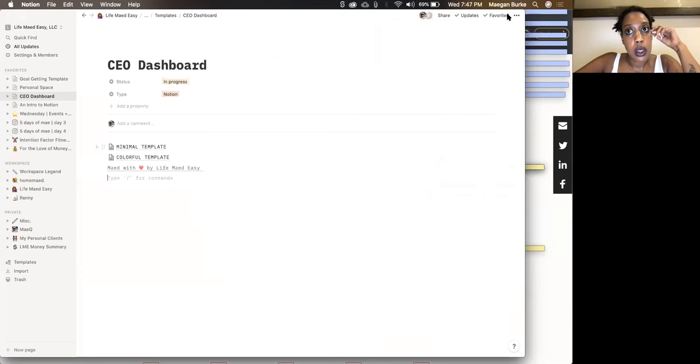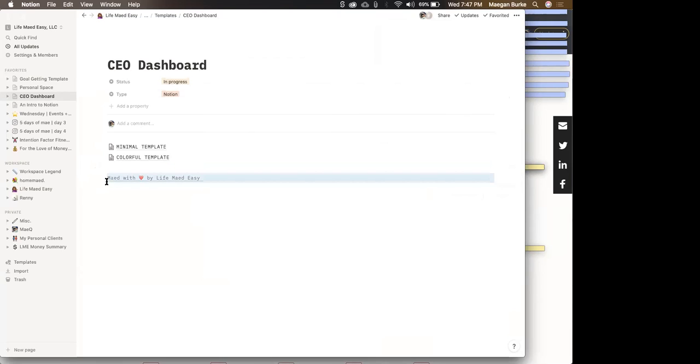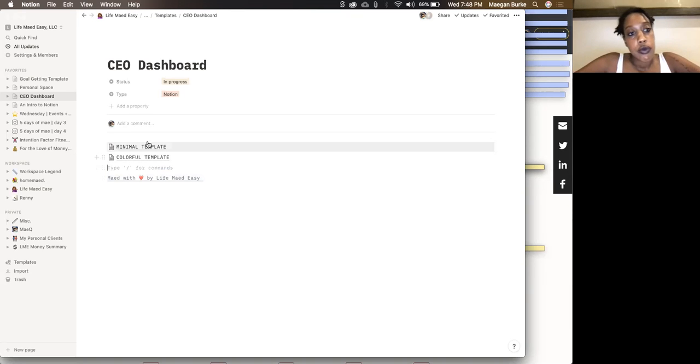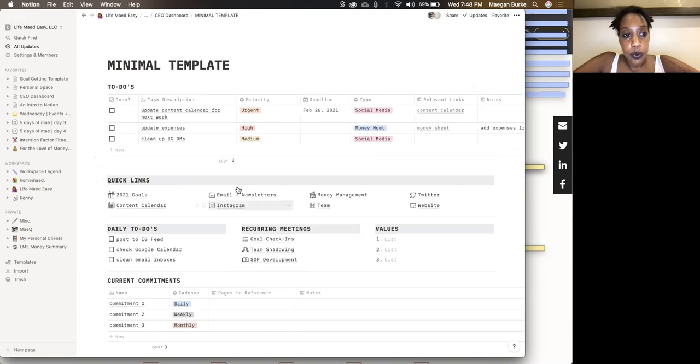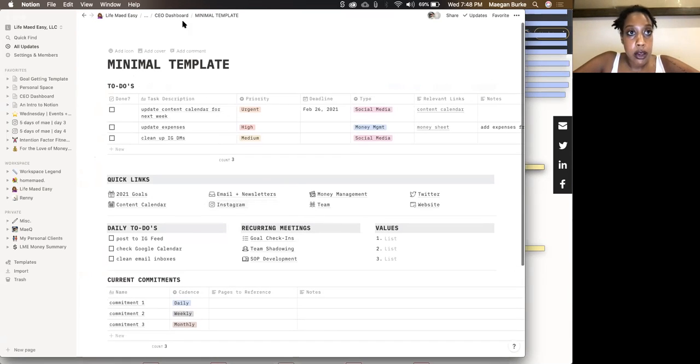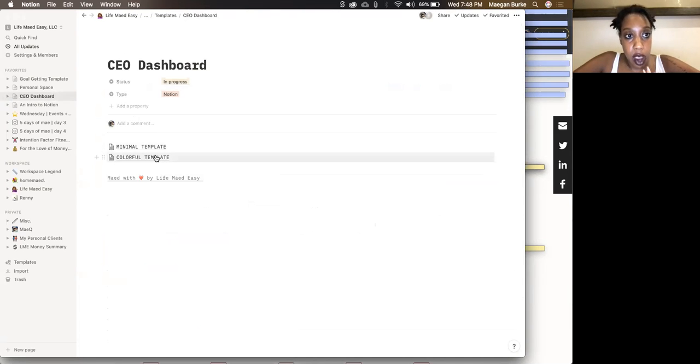Okay, so if for some reason you're not ready with the CEO dashboard, please let me know. Again, no child left behind. Ready? Yeah? Okay. I'm gonna assume you're all good. So same thing, if you're more of a minimalist, boom. And if you like some color, some spice, then you have the colorful one. And Robin,